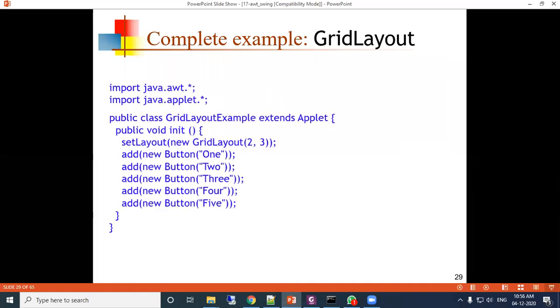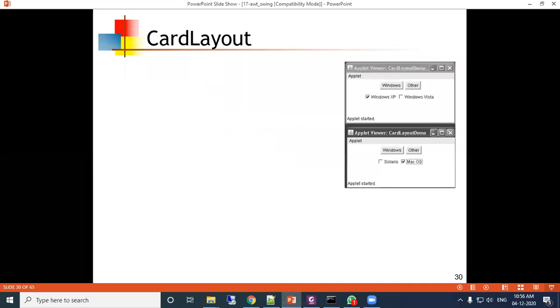Okay. Card layout, just see the window here. Card layout means, suppose in one screen, suppose this is a screen where Windows and Other are showing, and when you click on Windows it will show this button. When you click on Other it will show another part like this.